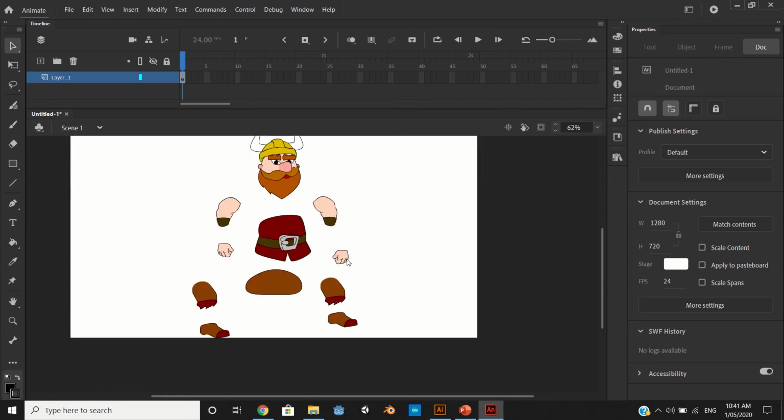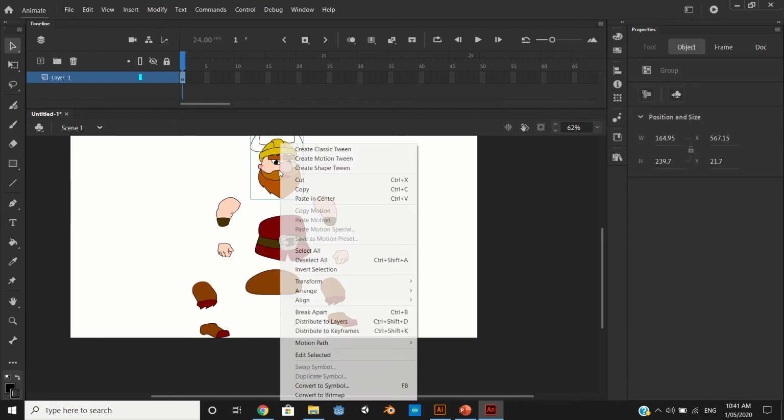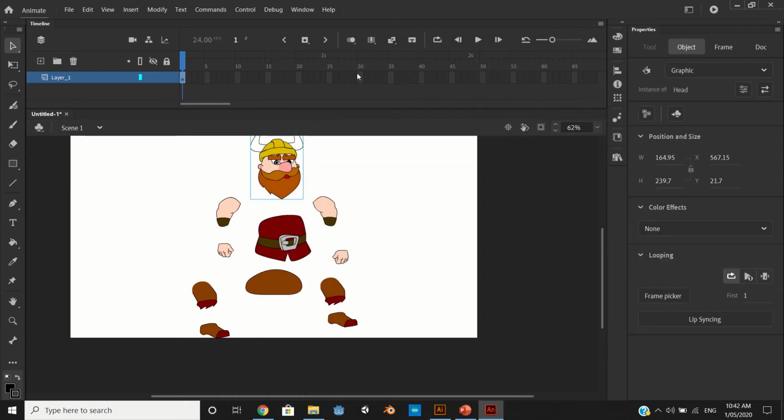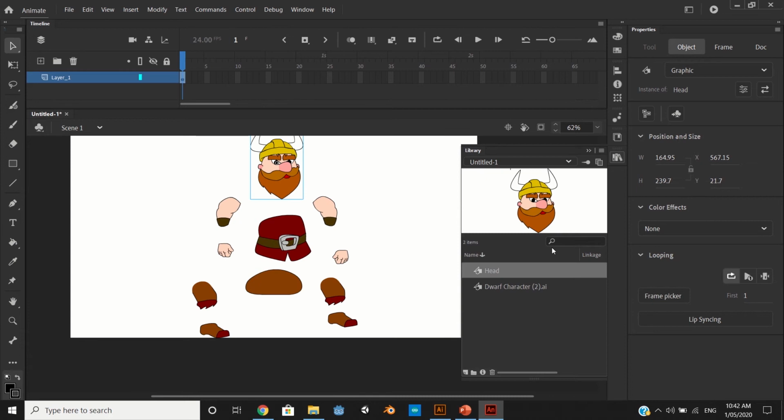Now what we need to do is actually break it down again into symbols before we can use the bone tool. So you're going to click on the object, right click it, and do a thing called convert to symbol. Make sure it's a graphic, and rename it to whatever the part is, in this instance, a head, and then press OK. Now you will notice in your library that it's made a separate object called the head,